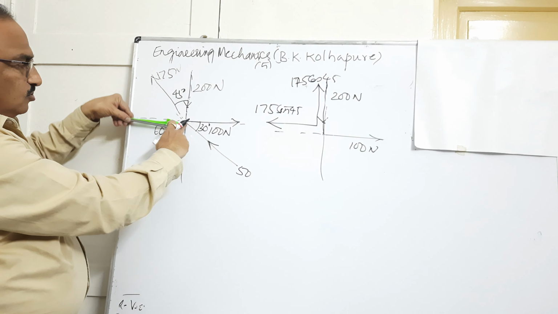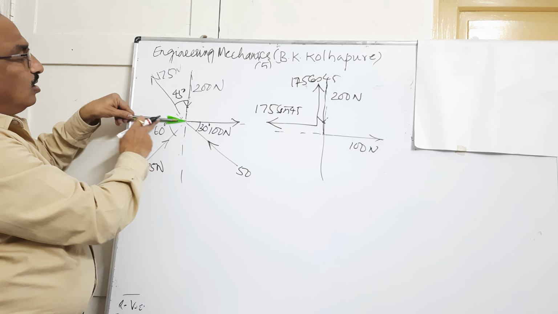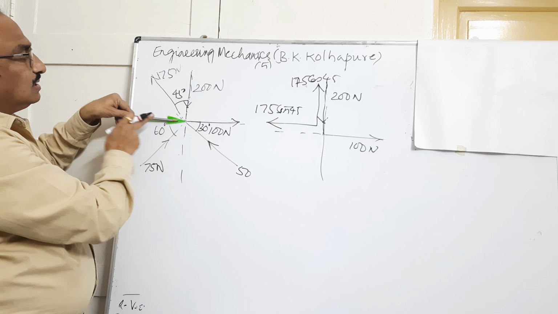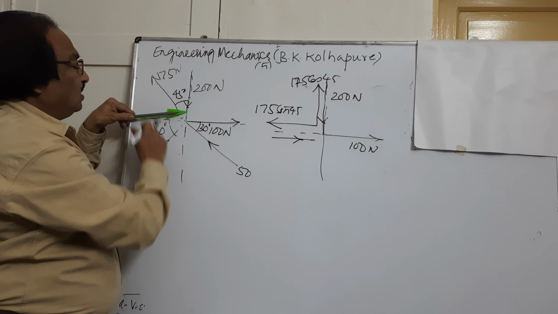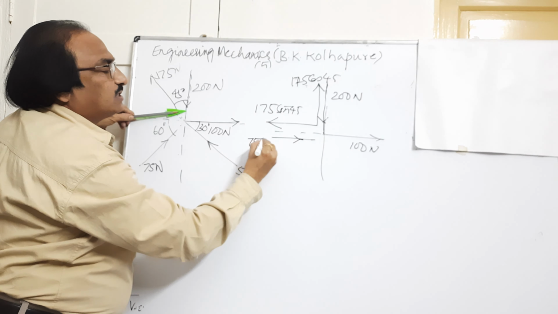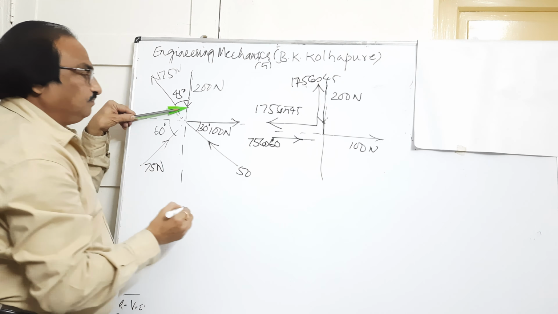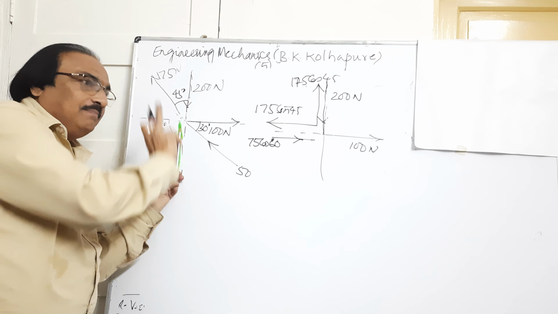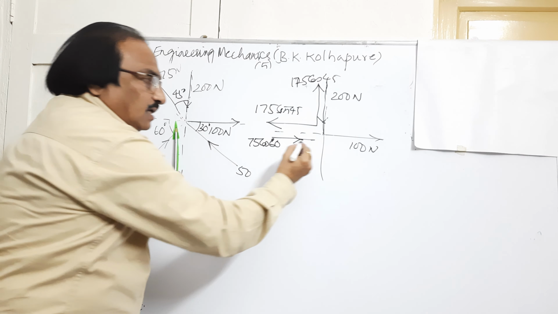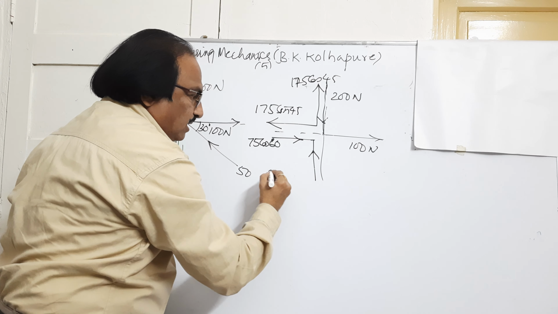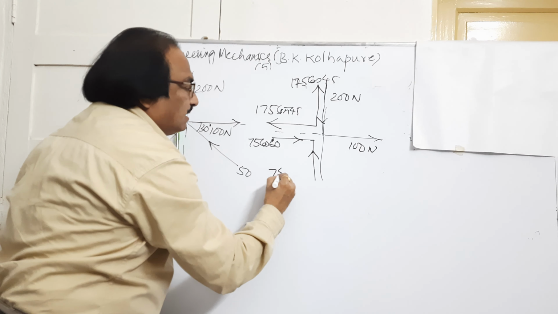If I resolve the force horizontally, I am going along the angle and the direction is towards right. So if I draw a line here, this is towards right, we are going along the angle, so this will be 75 cos of 60. Similarly, if I resolve the force vertically, I am going away from the angle, but the direction is upwards. This pencil will help you a lot in resolving the forces horizontally and vertically to give the directions particularly.